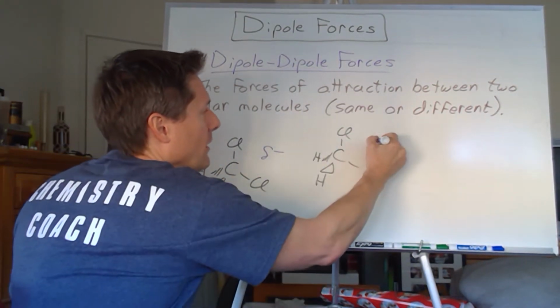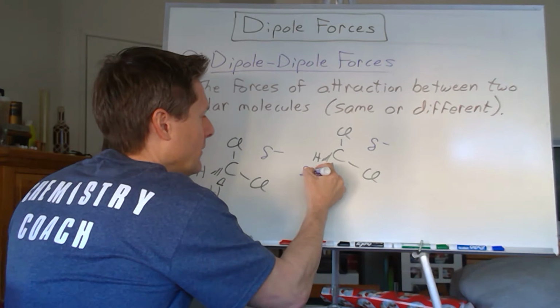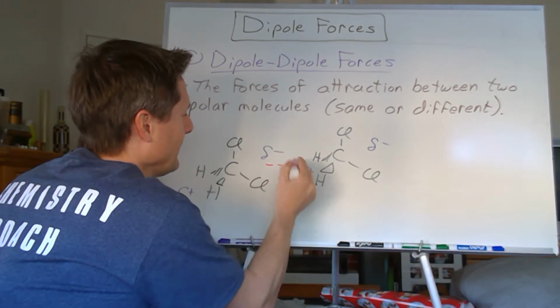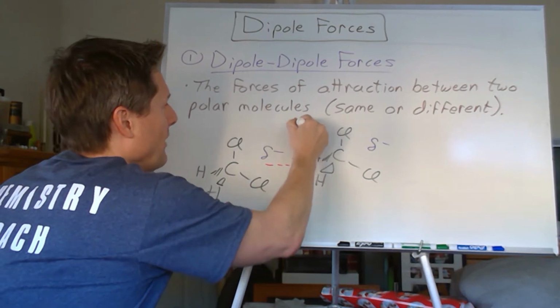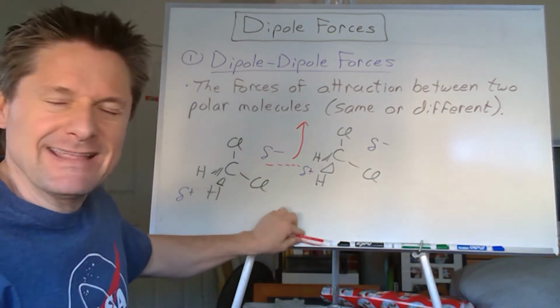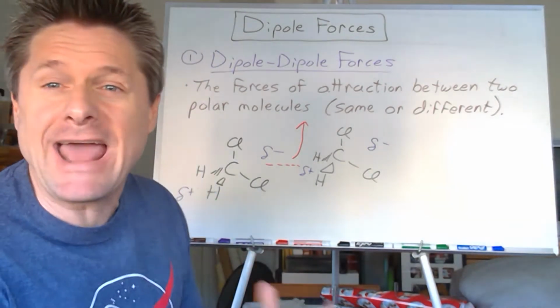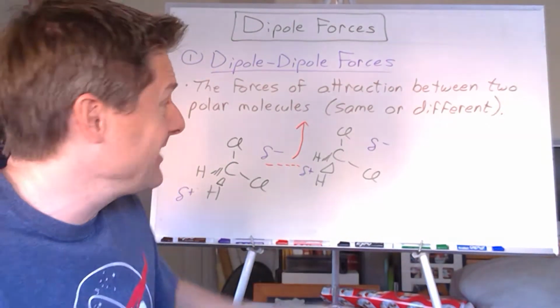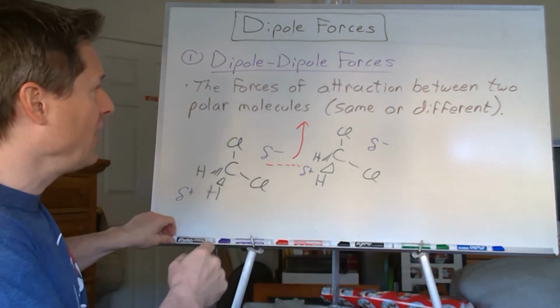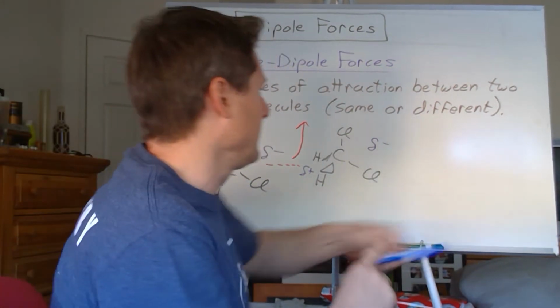So over here, we got the partial negative, partial positive, and you can see where that dipole-dipole force comes from, right? And it's the same electrostatic attraction as a cation with an anion. It's just not as strong, right? So if we want to do kind of a generic look at it,